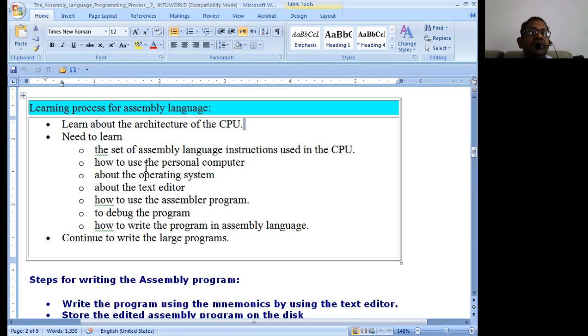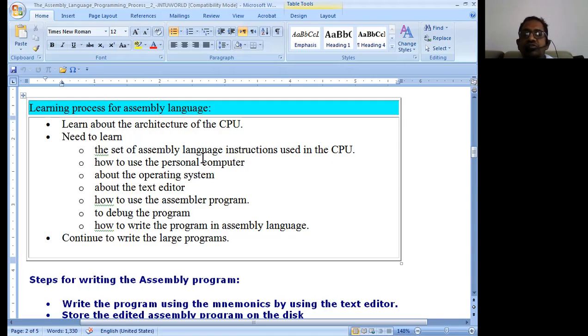You should know it compulsorily. Then you need to learn certain other things also. That means you should know the architecture of the 8051 microcontroller, and the programming model of the 8051 microcontroller, or if it is a microprocessor, the 8086 microprocessor. After that, you should know the set of assembly language instructions used in the CPU.